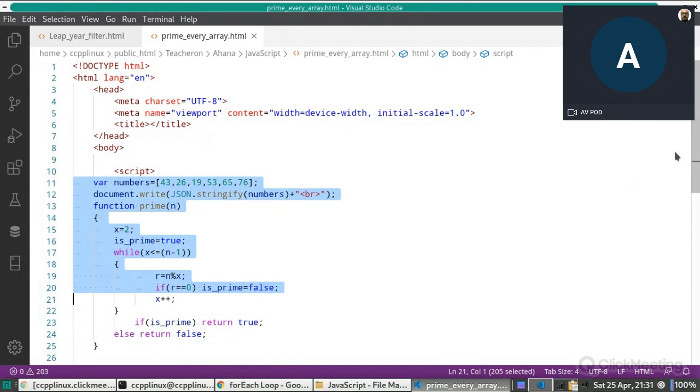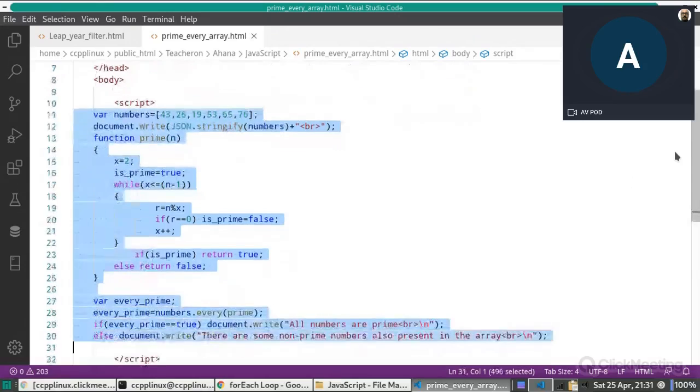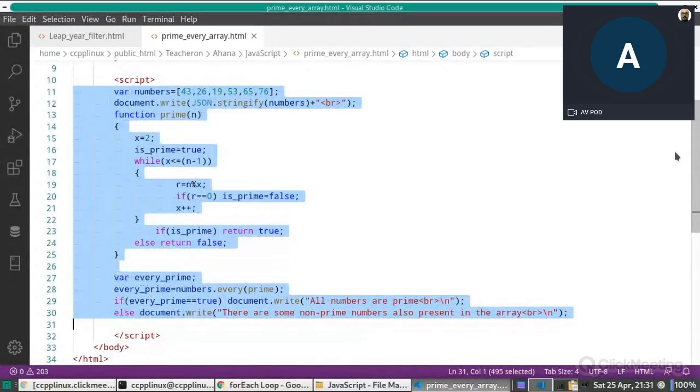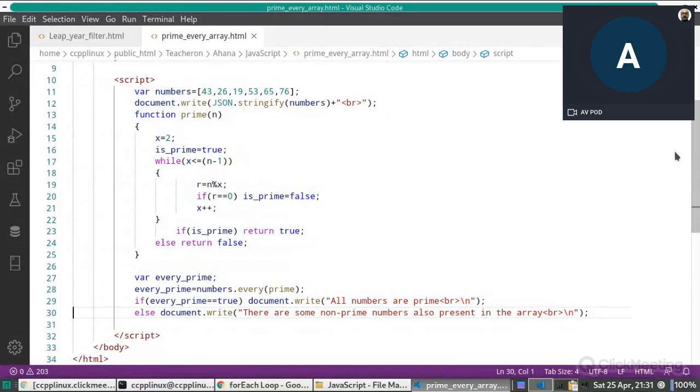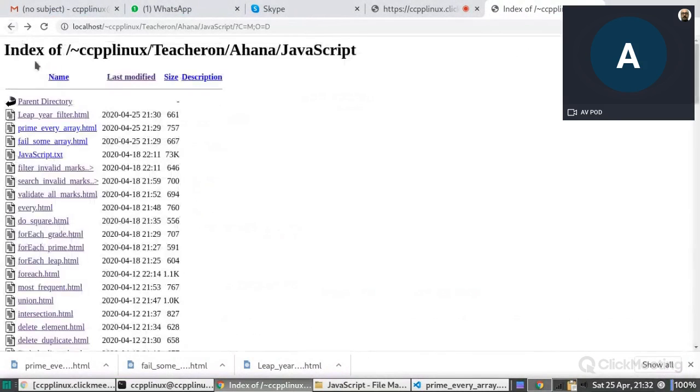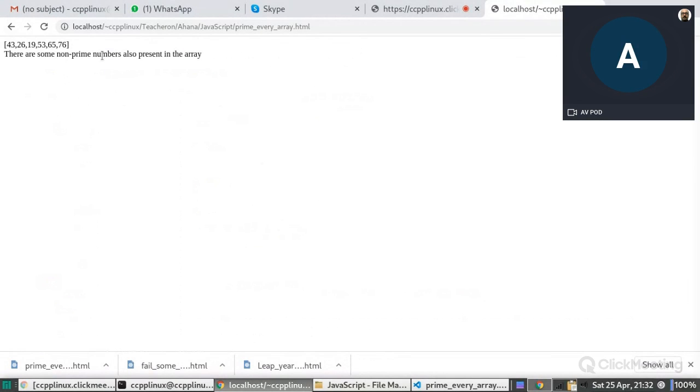So again, this alignment problem. This is our array numbers, and it is containing some prime and some non-prime numbers. So it will display that there are some non-prime numbers.